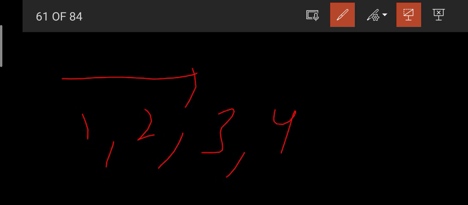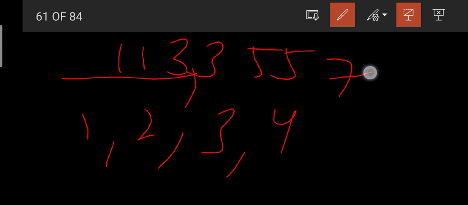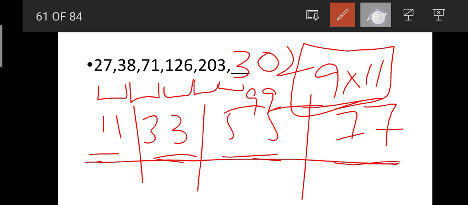In our previous question we have seen they are taking the continuous multiplications like 1, 2, 3, 4. Okay, 9 ones are 9, 9 twos are 18, 9 threes are 27, in that way. But now they have taken odd, like 11 ones are 11, 11 threes are 33, 11 fives are 55, 11 sevens are 77. Okay friends, this is also one of the models. Now we will go for next question. This is also a very simple model.